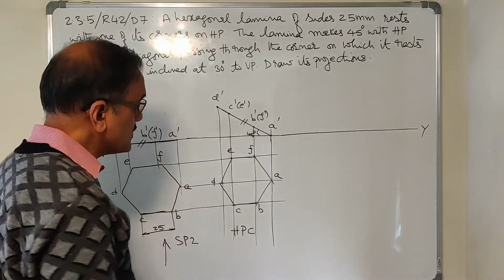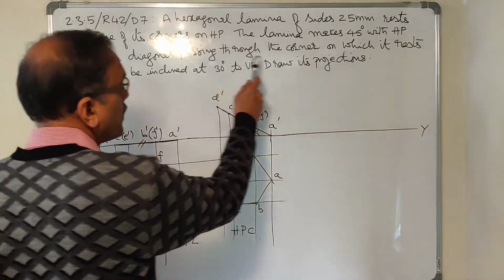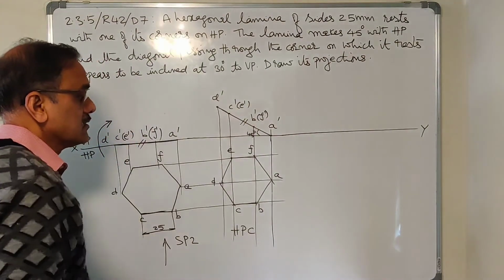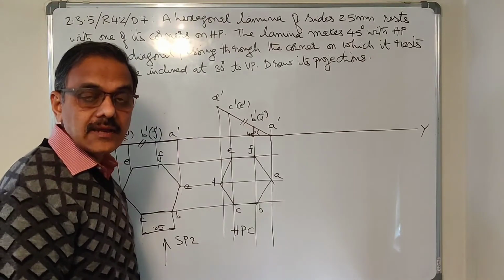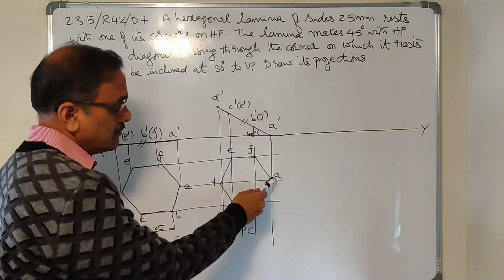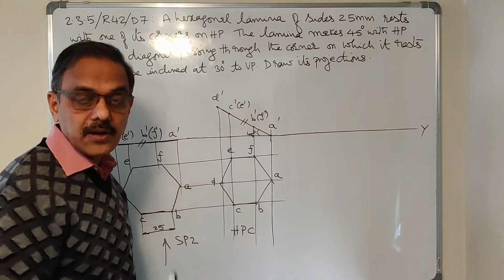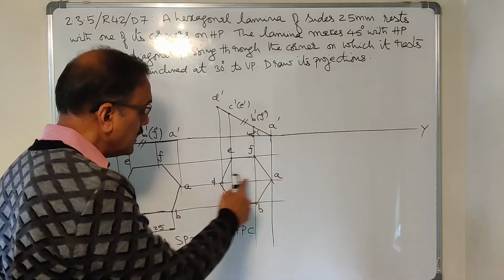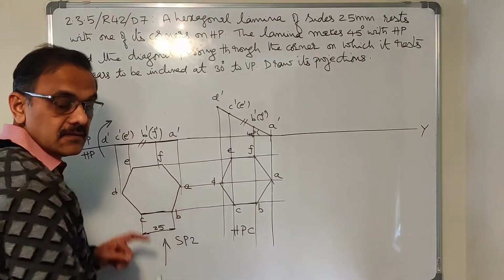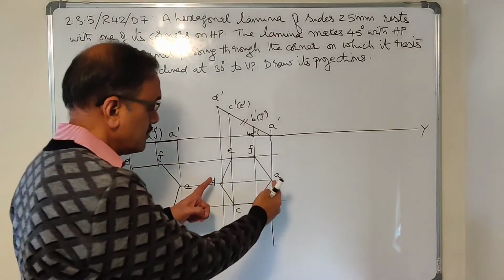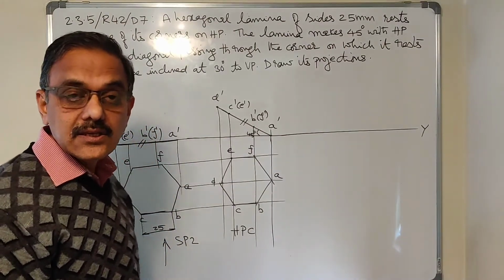The VP condition is given with reference to this diagonal here. What is it given? The diagonal passing through the corner on which the lamina rests. A is the corner on which the lamina is resting. And which is the diagonal passing through A? AD. Check for its length. Is AD in its true length or apparent length? Is this AD equal to this AD? It's not equal. This is apparent, because you made the line inclined here, this gets reduced in length. So AD is in its apparent length.